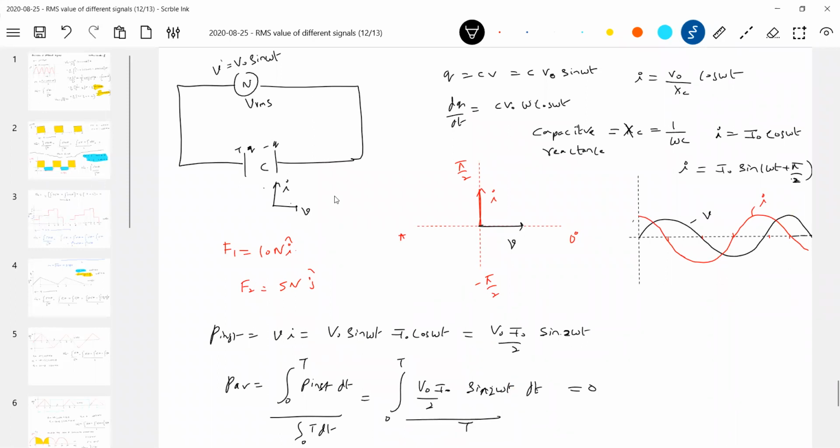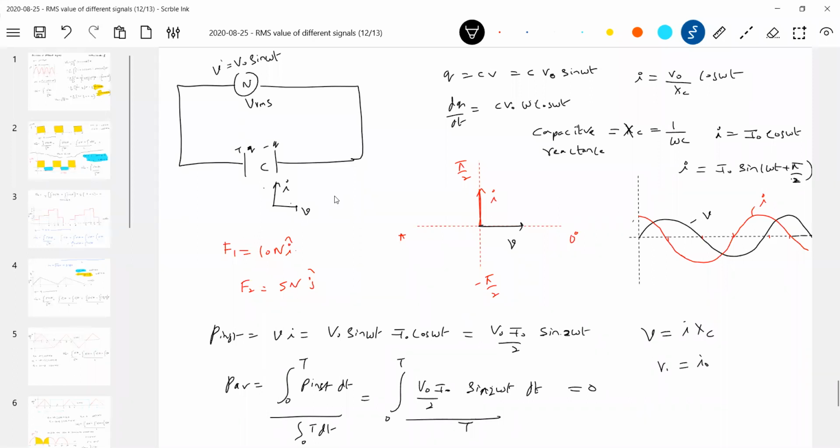So what is the role of the capacitor? It will not consume any power. But what it's doing is making current lead voltage. That's why there is this reactance. So what does the capacitor do? It will make current lead voltage. Will it consume any power? No. So then how do we write Ohm's law across a capacitor?